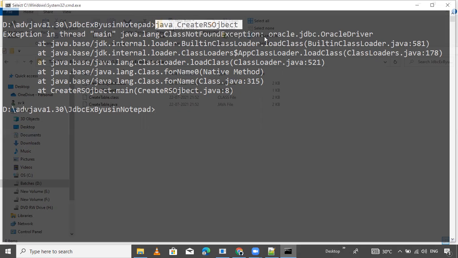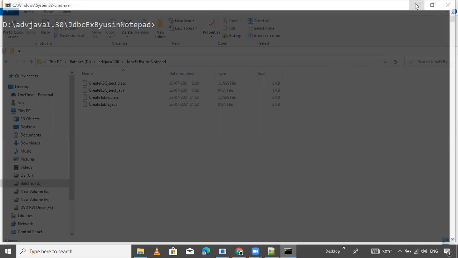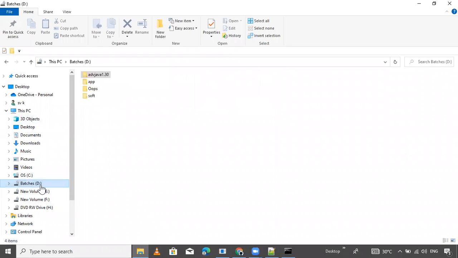To remove this exception, we need to give the JVM information about where the class is available, by setting the classpath. Where is my ojdbc6 jar available?